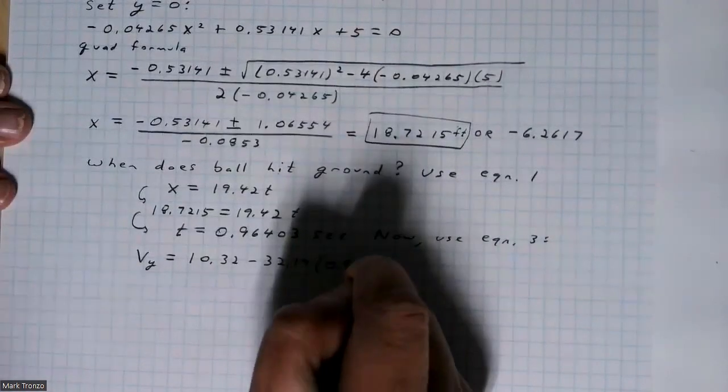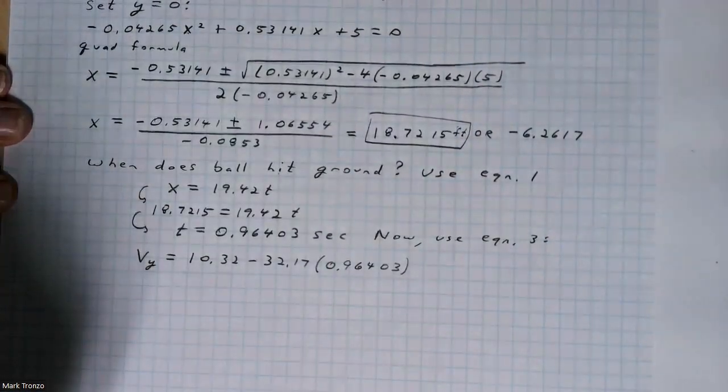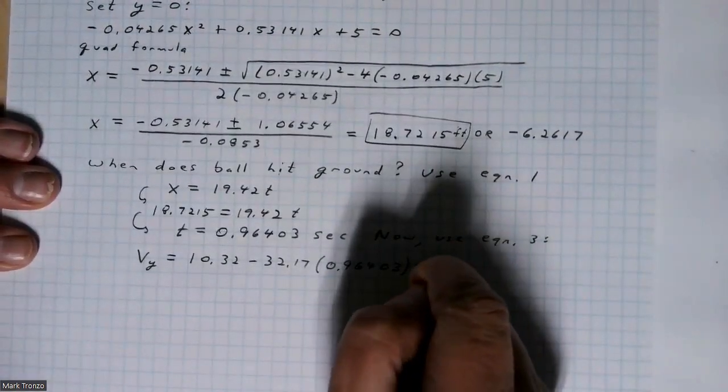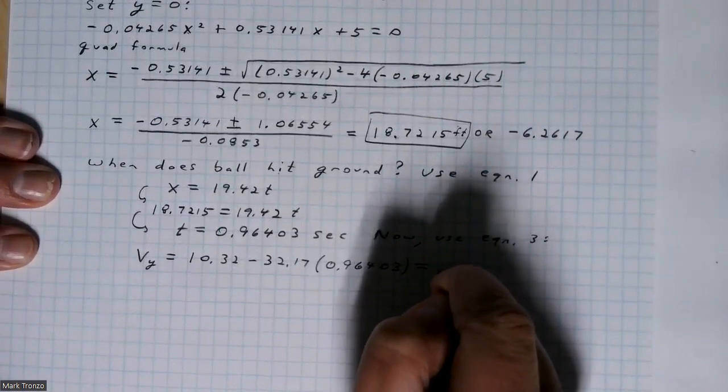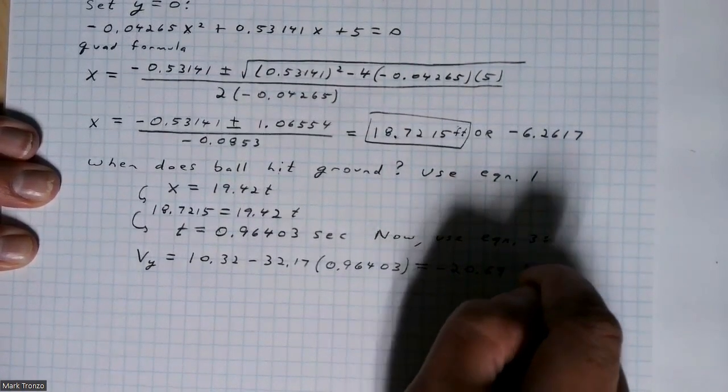So again, remember equation 3 is this one, so we'll plug in for t. And when you calculate that, your y component of your velocity is negative 20.69